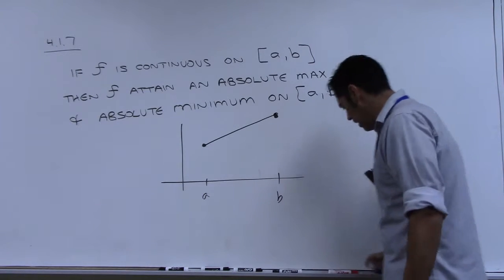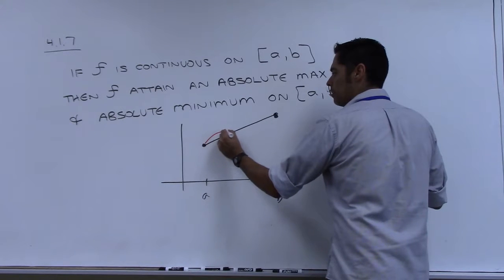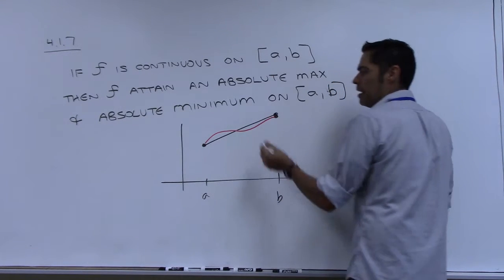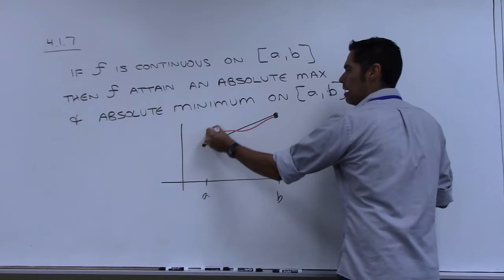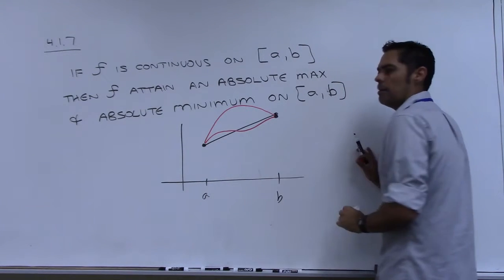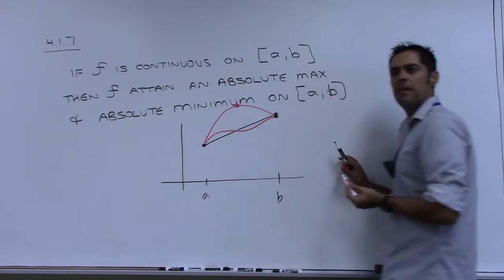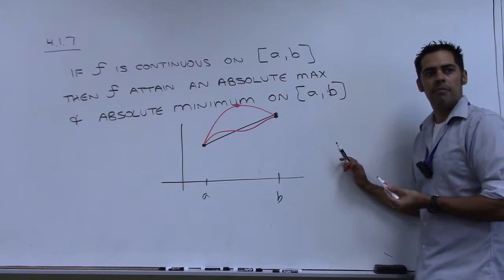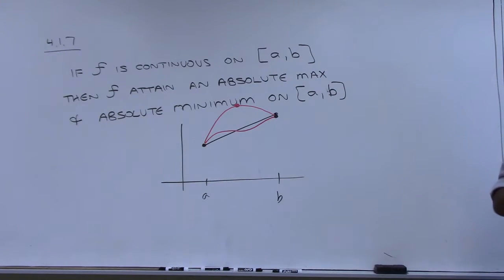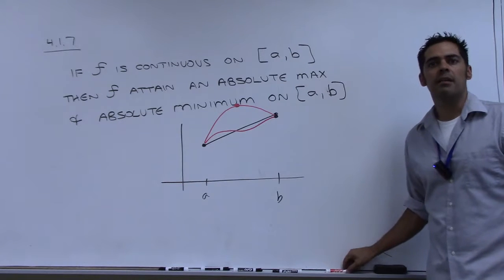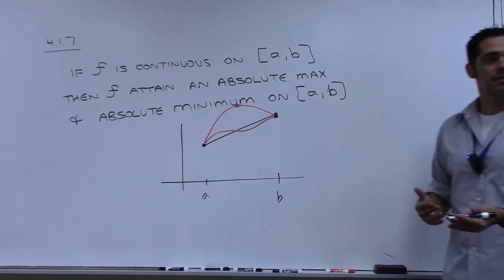If you do any wiggling around in the middle, you could do something like that, and then it would still be the endpoints, right? Or if you go up a little bit higher like this, then your absolute maximum would be up here, and your absolute minimum would be that left endpoint still, right? And no matter how you try and connect these together with a nice, smooth, continuous curve, you're going to have to get a highest and lowest point, unless perhaps you draw a constant function.